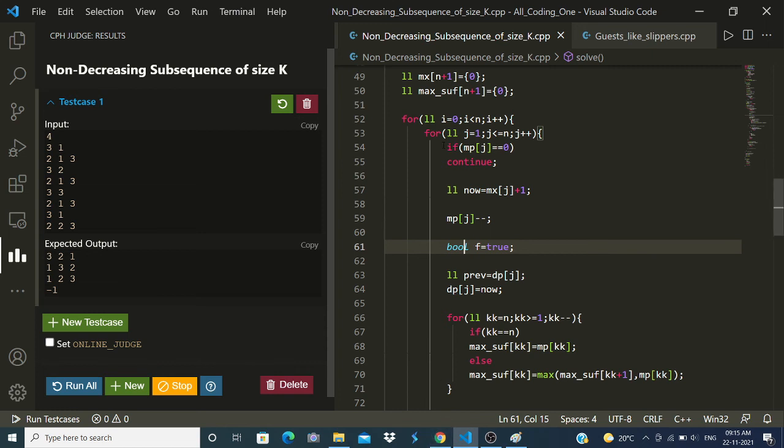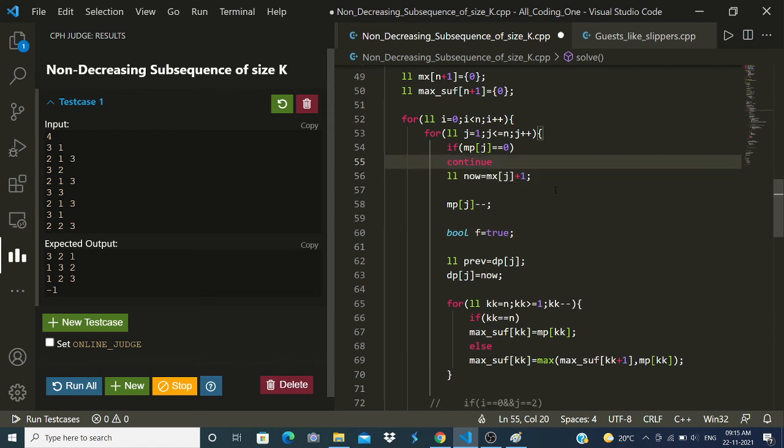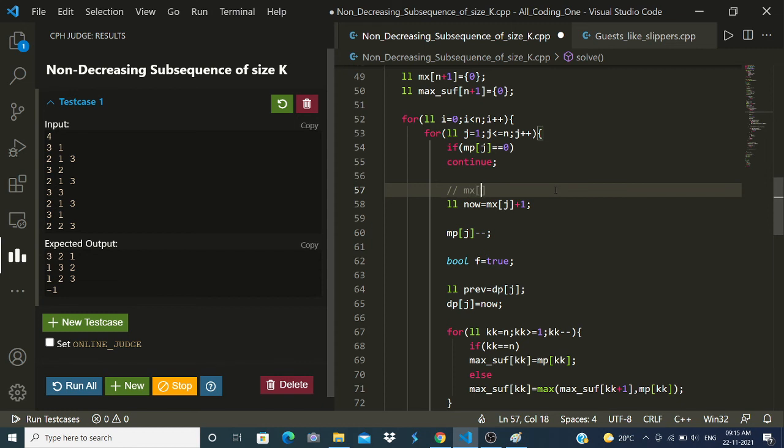Max of j we will basically be storing the maximum value of dp of j, dp of j minus 1, dp of j minus 2, dot dot dot.